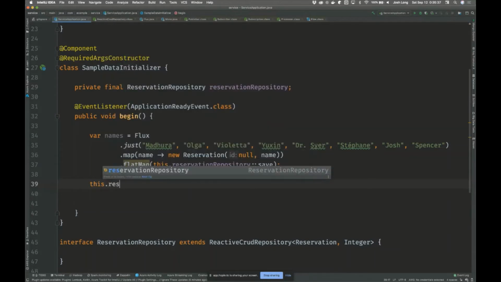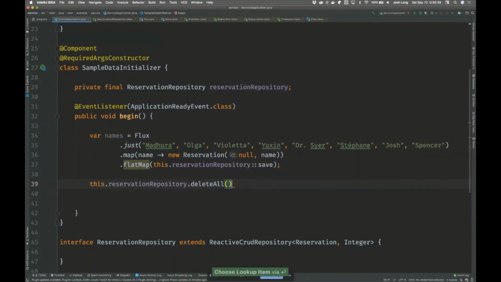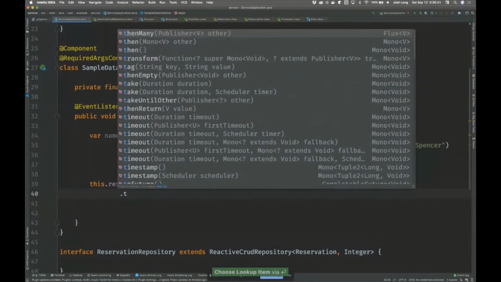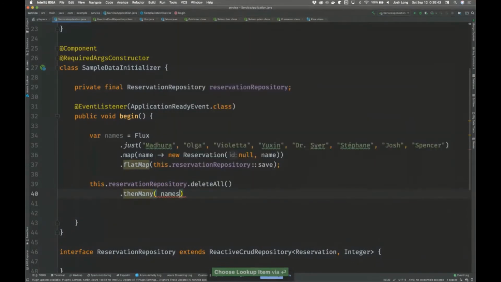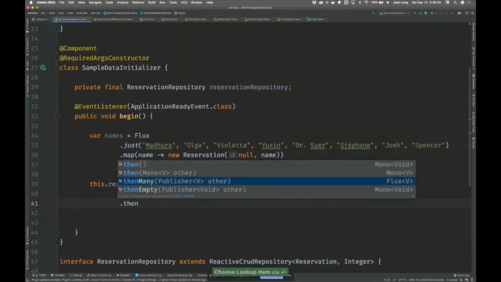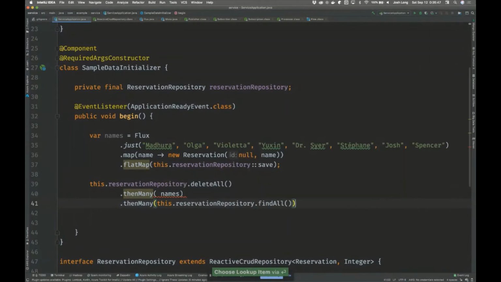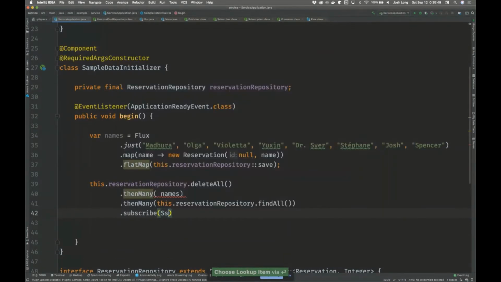So I'll say this.reservationRepository.deleteAll, right? And then I'll say write the data, and then finally I'll ask for the data to come back, right? And finally I'll just log out all of it, like so, System.out.println. Okay. So there you go.